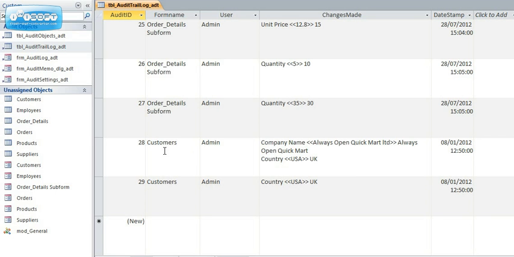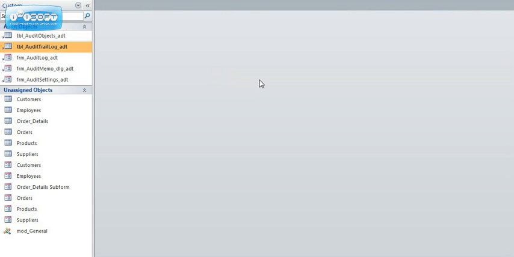You can see that the customers table, the admin user, so I am logged in as, if there was a profile to an individual user, my name would appear here, and the actual changes per control has been modified from the old to the new, and it simply just creates a memo and a date and timestamp because that's what I chose. Okay. Now to help that easily along to look at the data clearly, I've created a form for that as well